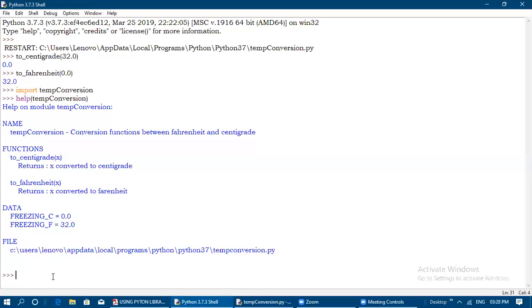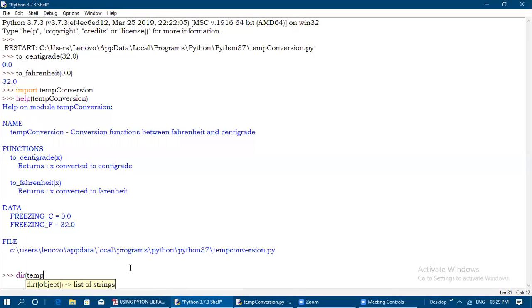Next, without importing, since we have already imported temp conversion here, there is no need to rewrite import temp conversion again. Straight away we can make use of dir of temp conversion. What will it display? It will display all the names that are defined inside the module.